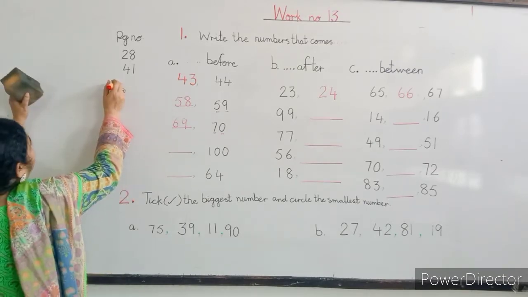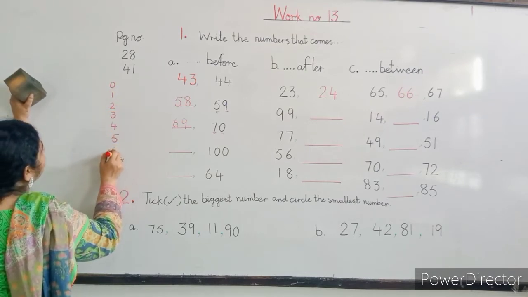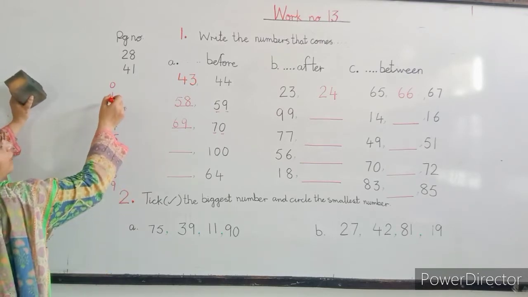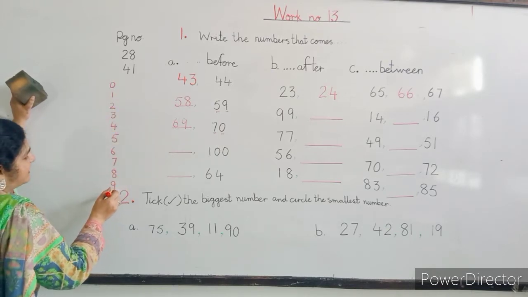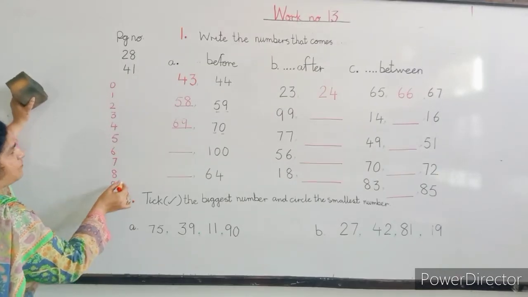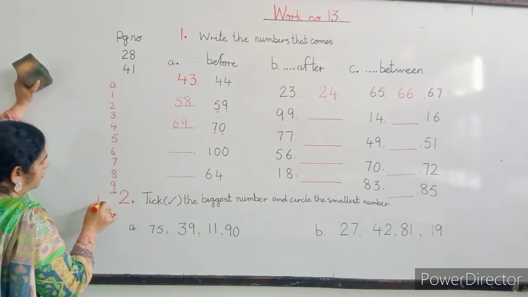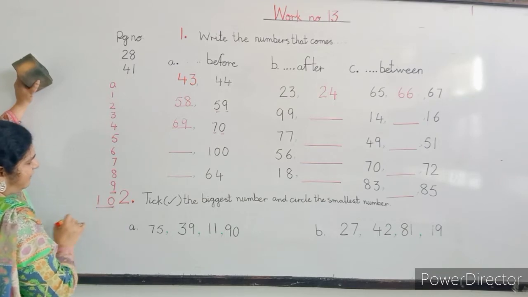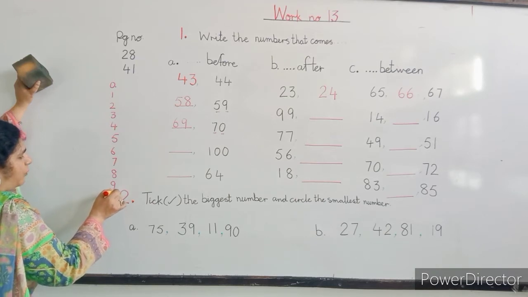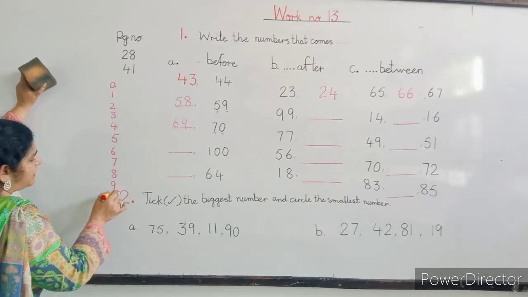Look, counting starts from 0, 1, 2, 3, 4, 5, 6, 7, 8, 9. Right? So, look, when this 9 comes, then the tens will start. So after every 9, we will start from 0. Okay? And after every 0, like now it is 10. So, after every 10, we will go back to 9. Right? So, this 0 will change into 9.